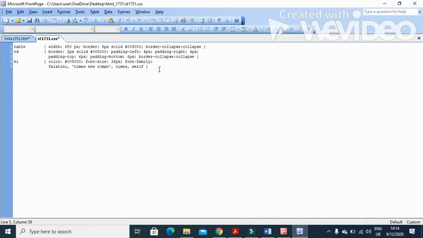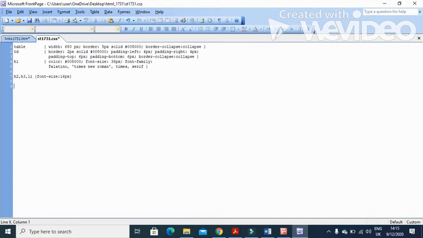So I'm just going to type here: H2, H3, list item, and we'll type here font size. Font size we want only 16 pixels, and then just hold this one, and then H2, H3 and list item are in different